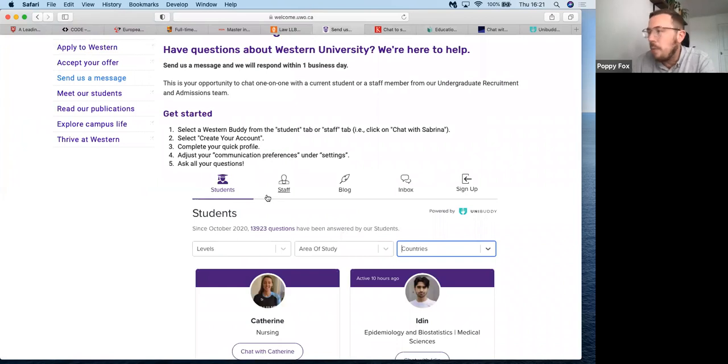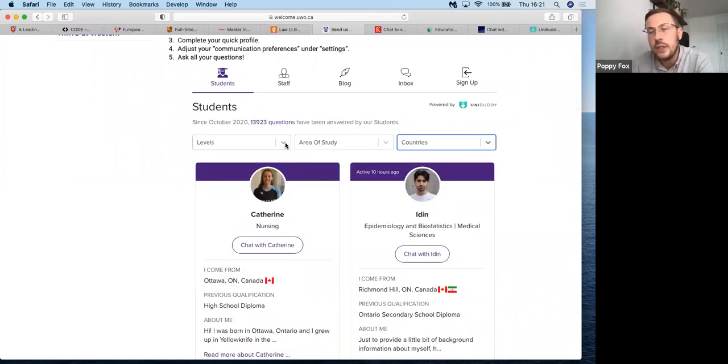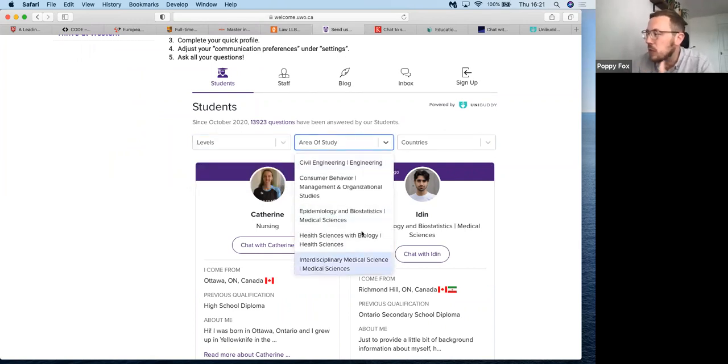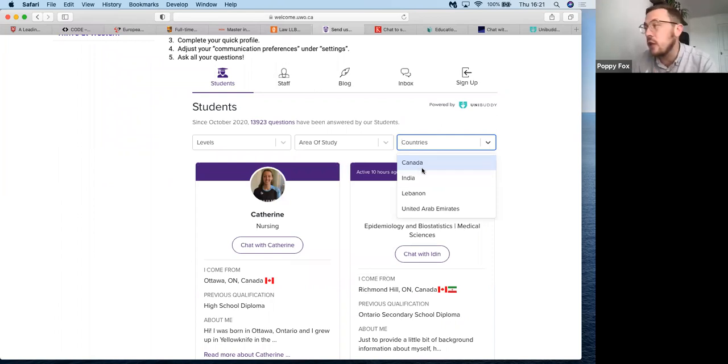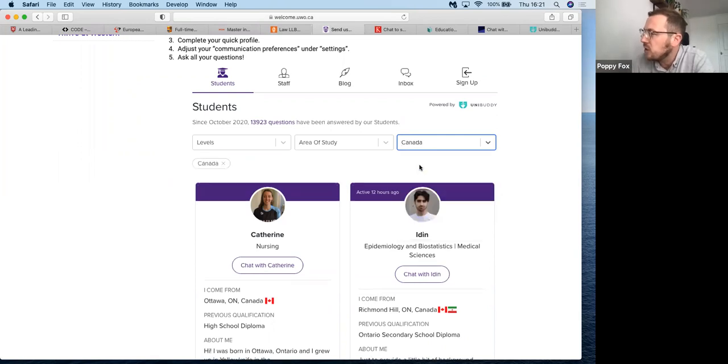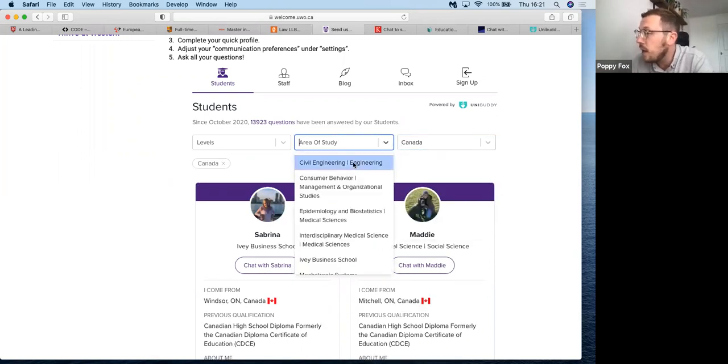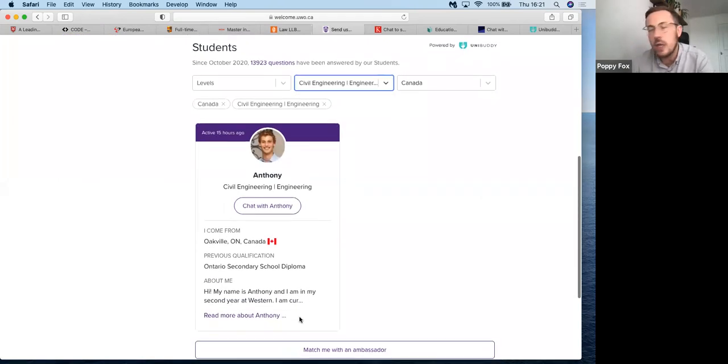And what our partners are required to do is just build a simple landing page. And that'll have a bit of an introduction to the purpose of the platform, set expectations around response times. And then what your prospective students can do is filter the ambassadors. So do I want to talk to an undergraduate or a postgraduate or an alumni ambassador? Do I want to speak to someone from a specific course, or someone from a specific country if my questions are more culturally oriented? And then what they can begin to do using these filters is find someone maybe from their region and from the course they're interested in, who's going to be really well placed to answer and address their specific questions and concerns.